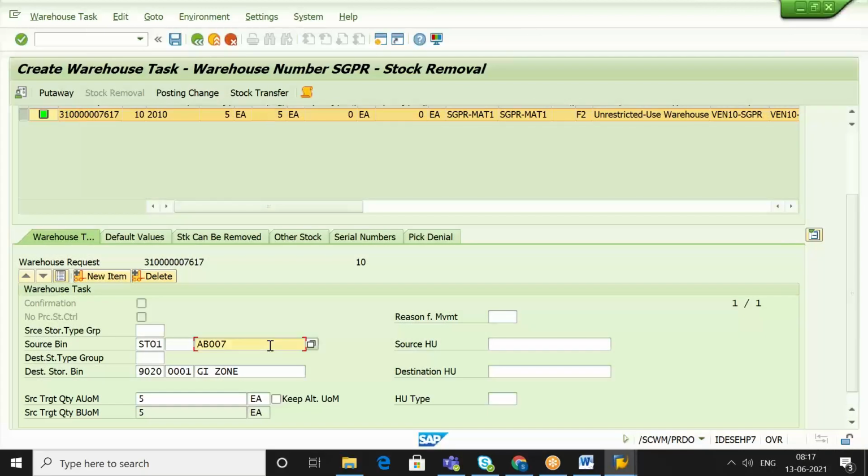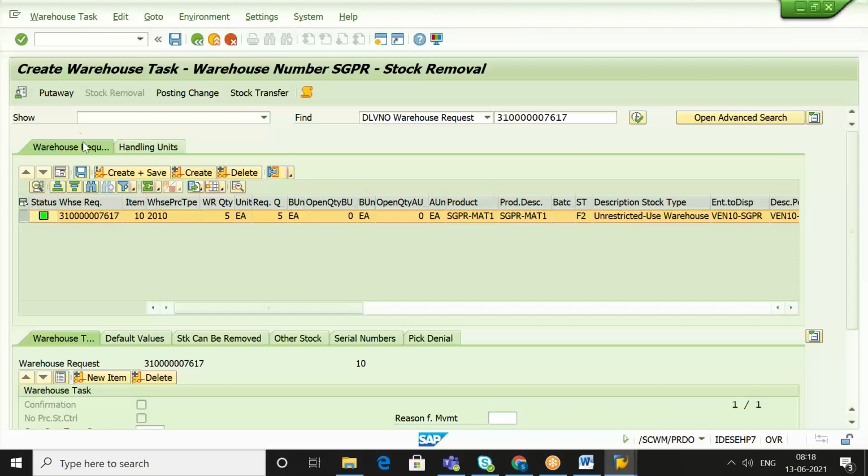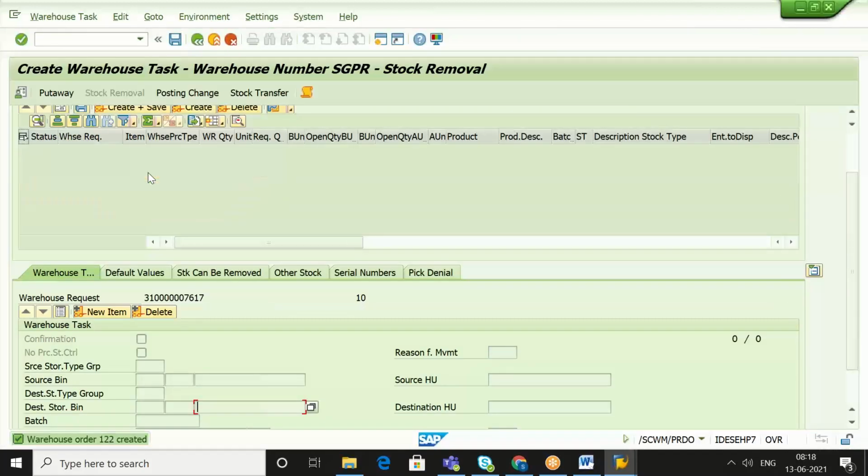Yep. So it is picking from this bin and proposes to place the stock in the GI zone. Okay, this also looks good. Then save it. So a warehouse order along with a warehouse task has been created,